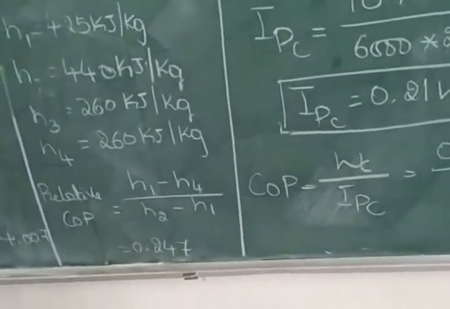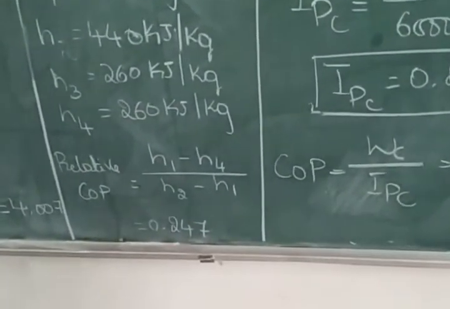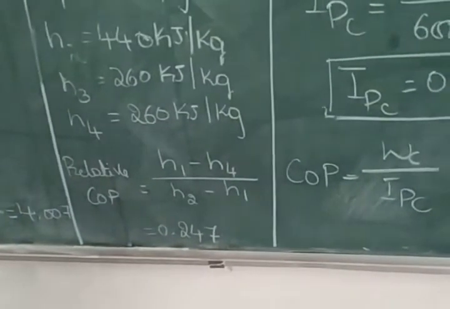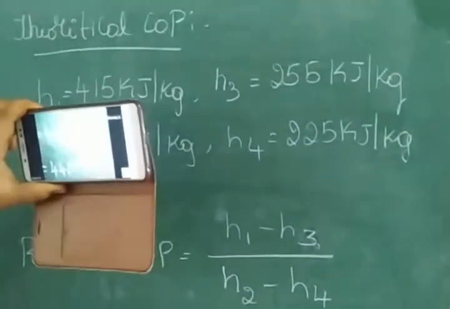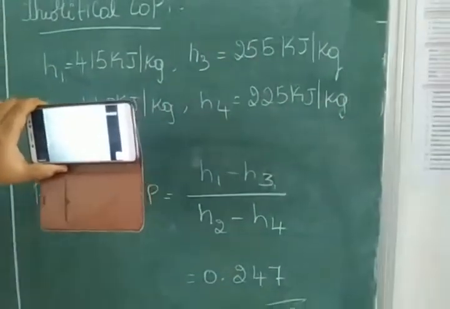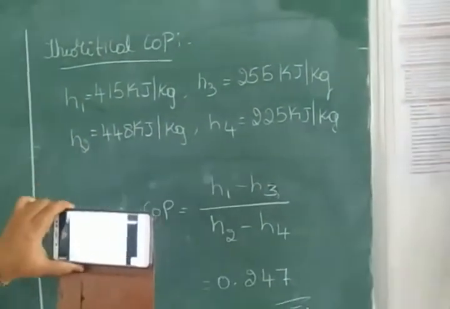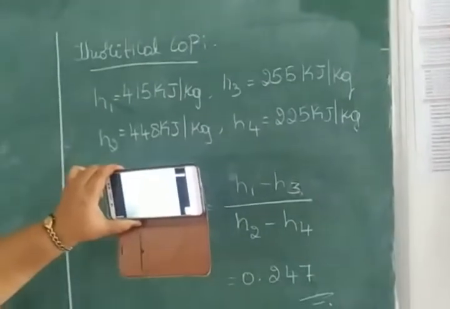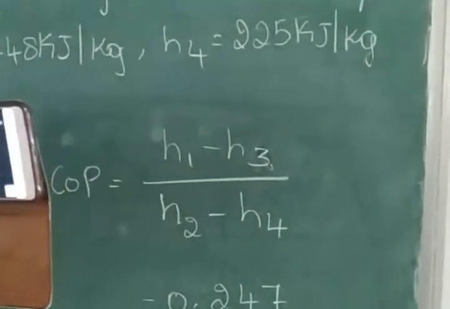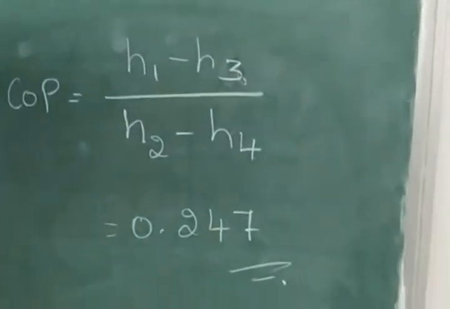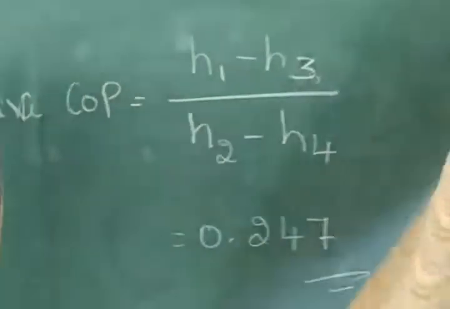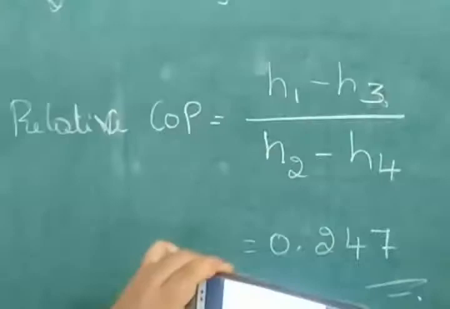Now the relative COP, how will it be? You have to find out the theoretical COP, then the actual COP. Based on these two, we will be finding the relative COP. Next, the same thing holds good for the capillary also. You can see this is for the expansion. You can see we have found H1, H2, H3 and H4. Then find out the actual COP, experimental COP and the theoretical COP. With this relation, we will be finding the relative COP, and using this relative COP, we will get the answer.